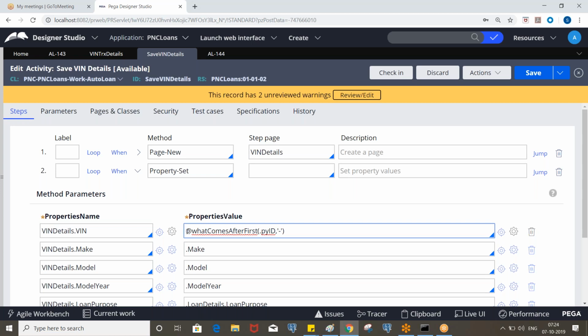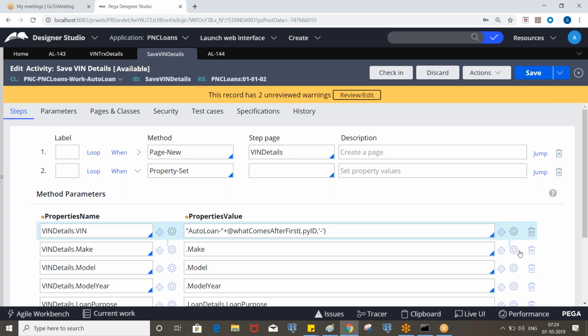And if you want it to be autoloan hyphen 144, right? What we can do is hard code autoloan like this, and we need to concatenate, right? So autoloan hyphen 144. This will be the result.